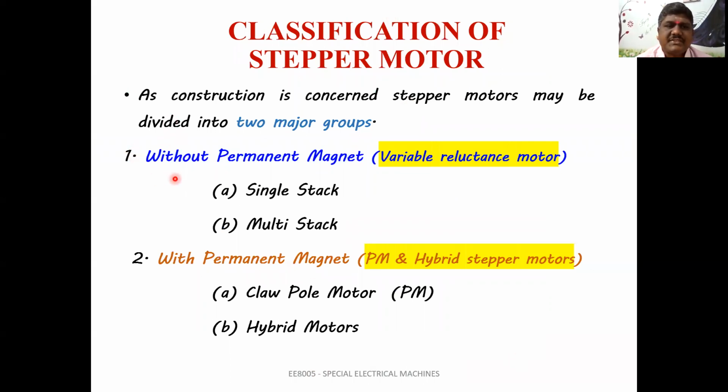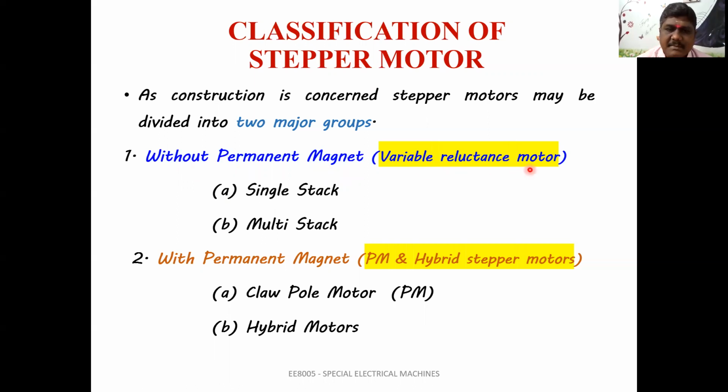First, as per the construction, without permanent magnet and with permanent magnet: we can use a permanent magnet in a stepper motor, and also we may not use one. If you are not using any permanent magnet, the motor will be working with the magnetization alone. That is the variable reluctance. Whenever we have a non-permanent magnet, we can easily identify the term variable reluctance stepper motor. So in this presentation, I am going to explain the case where no permanent magnet is involved. It will be magnetized through excitation.